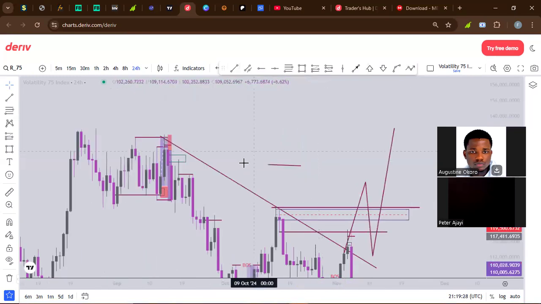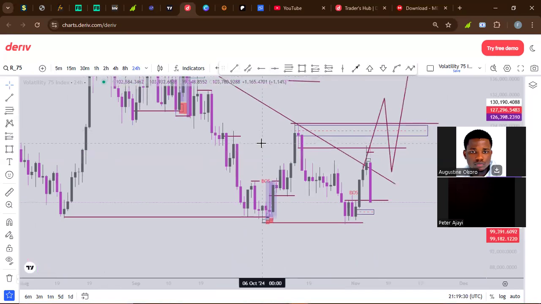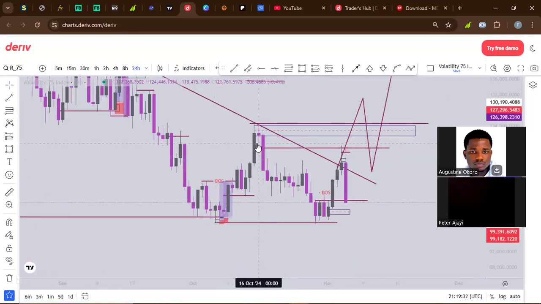Those are the things you should be looking out for on the daily time frame. Daily time frame, do the same thing. You can see this market right here. Let's say you want to take this trade, this 1, 2, 3. You already know that the market was bullish the first day. The next day the market will push all the way down, coming back to an order block.